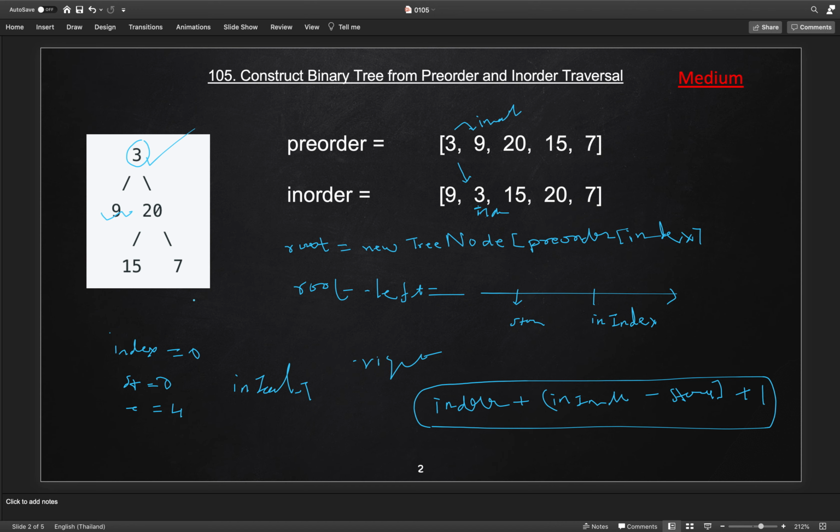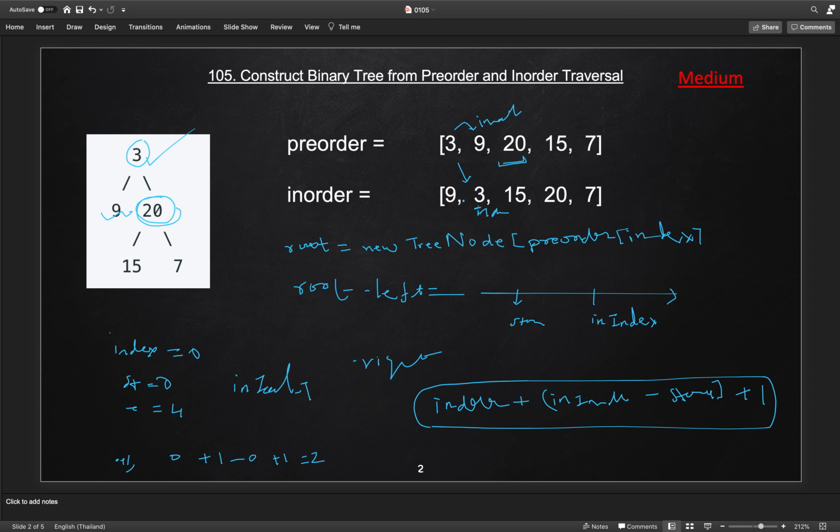Once we got 1, then for the left subtree index will be 0 plus 1, and for the right subtree it will be 0 plus 1 minus 0 plus 1, which is 2. So hence the right subtree root is 20, which is at index 2 in our pre-order array.